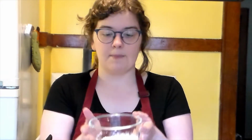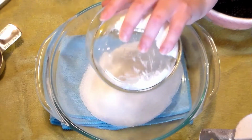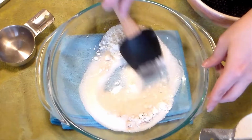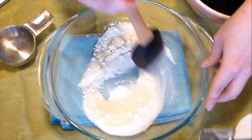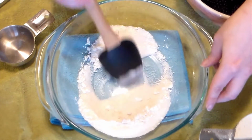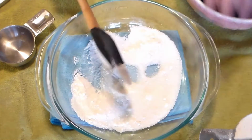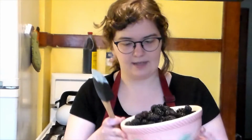Then in this bowl I have a tablespoon of cornstarch, a pinch of ground cinnamon, and a pinch of table salt. And I'm going to mix this together so that it's nicely combined as much as I can with the cornstarch. That looks pretty good. So now I'm going to add my blackberries, and these are 6 cups of blackberries, otherwise